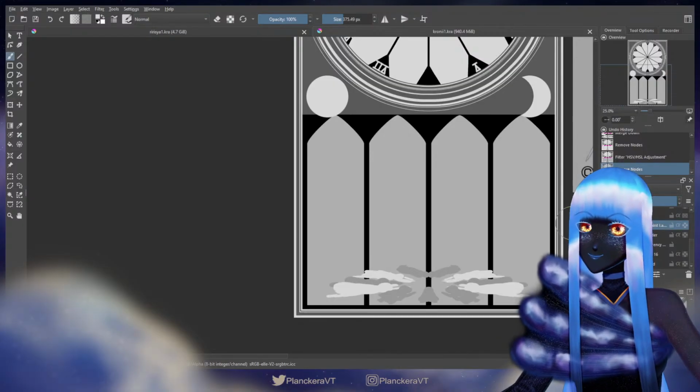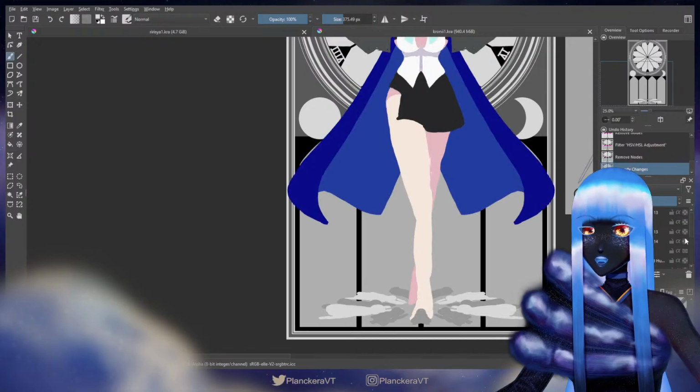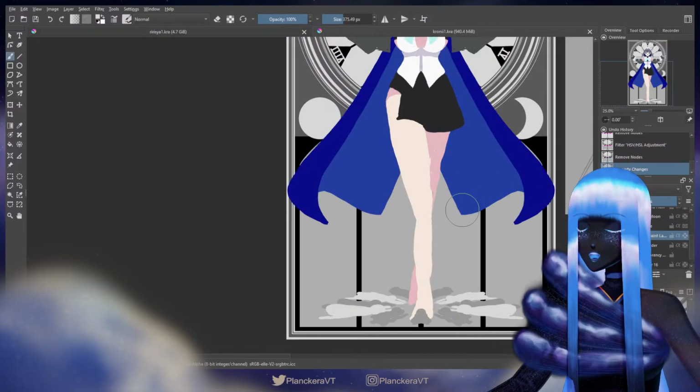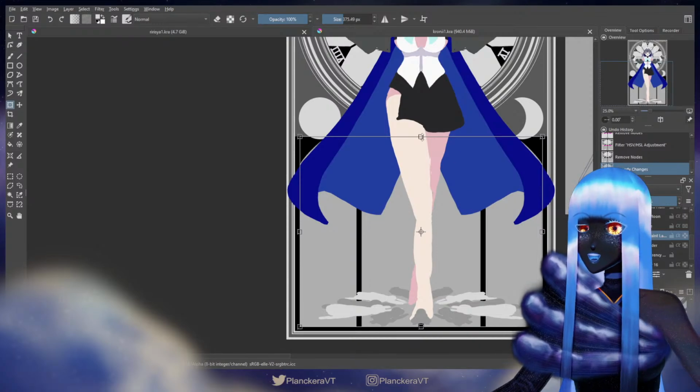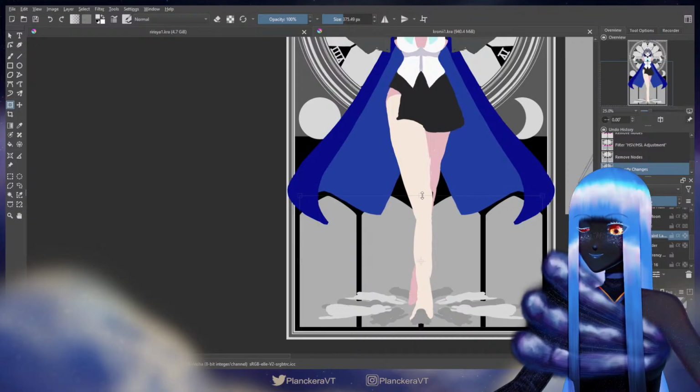So, okay, let's put Kronii back on, so this way I can decide how tall I want these things to be. Okay. Oh, this is gonna make it easy for me, because I just make sure the tops are hidden by the cape. So maybe I didn't need to worry about the top so much. I don't know, do I want them lower then? Ooh, that's actually not bad. I dig it.